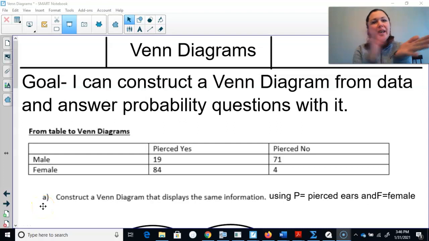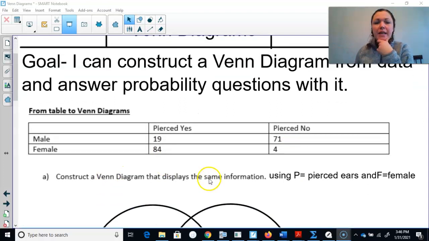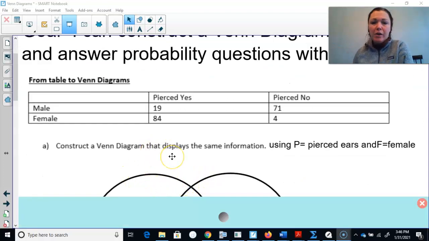Hi, statistics students. Today our goal is that you can construct a Venn diagram from data and answer probability questions with it. Let's get going. We have a table here talking about the genders male and female, and if there's piercings or no piercings involved with the genders. The first thing it says is construct a Venn diagram that displays the same information using